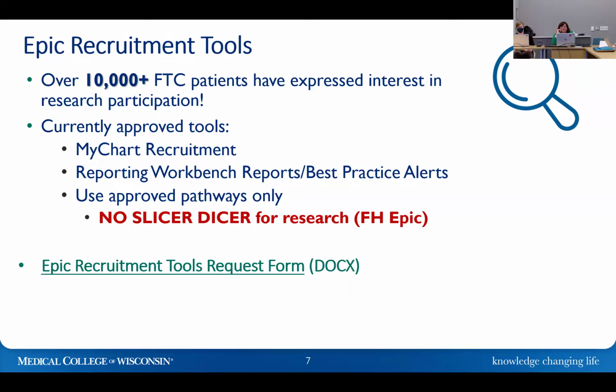Best practice alerts are also listed. They aren't used as often as teams once thought they would be. Reporting workbench reports actually give you more real-time access when you need it, rather than using the best practice alerts. But again, a reminder that for Epic recruitment, these are the only tools that are approved for use